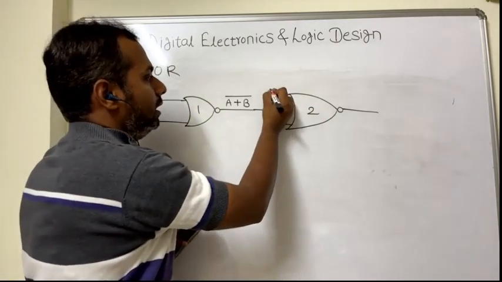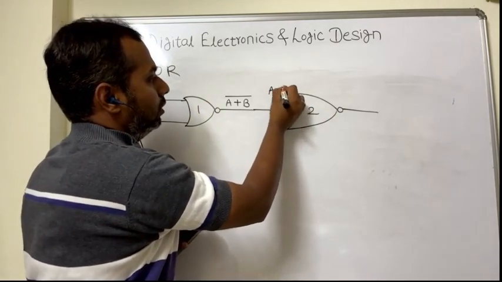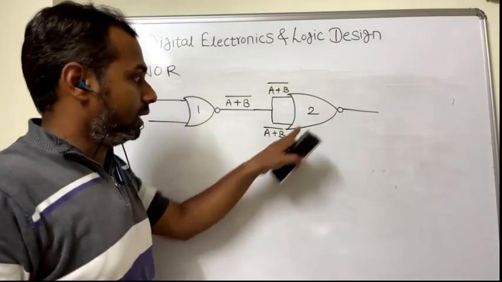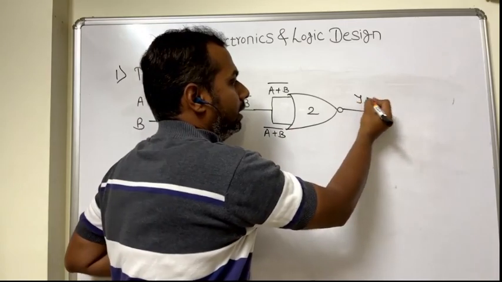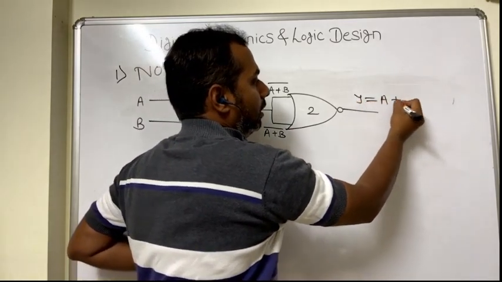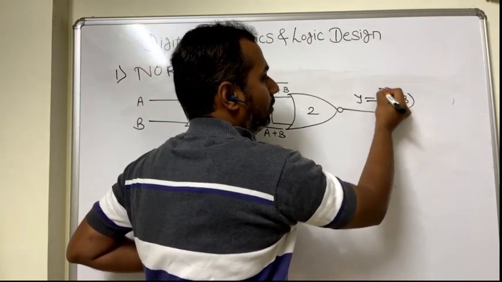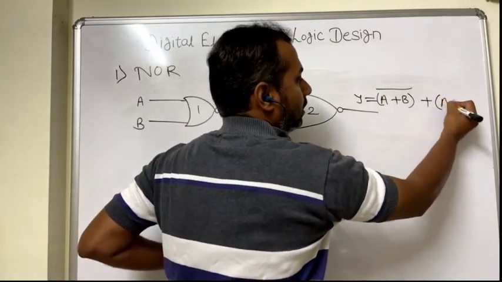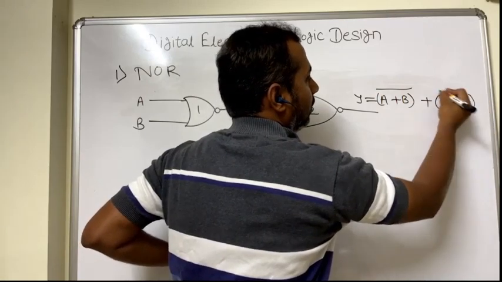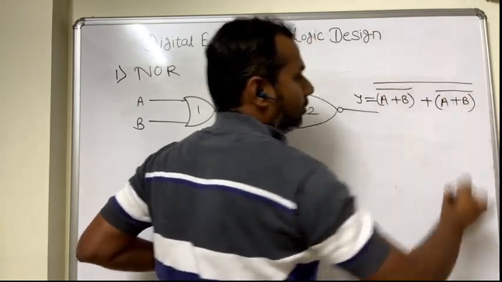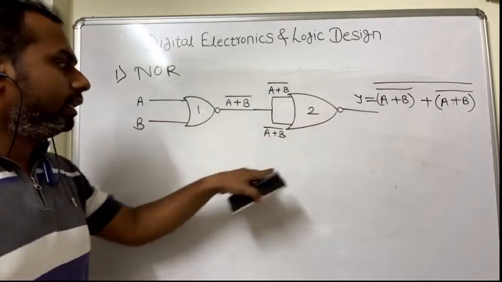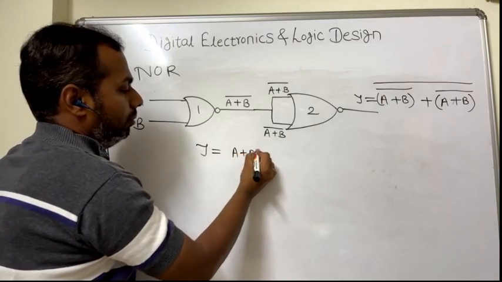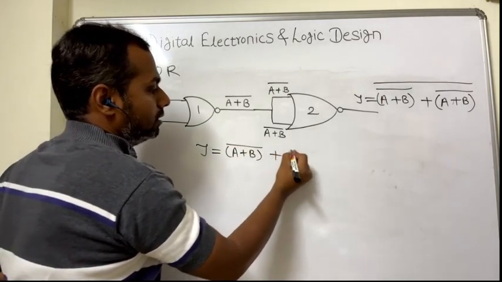So we are applying the same input for two input NOR gates. These are the inputs for second NOR gate. So here we will get the output in this form, A or B whole complement, that is first term, plus A or B complement and the complement of entire term. So let me take that term here as it is to explore, A or B complement plus A or B